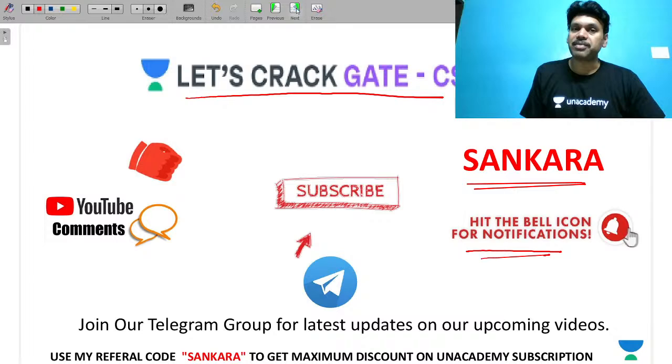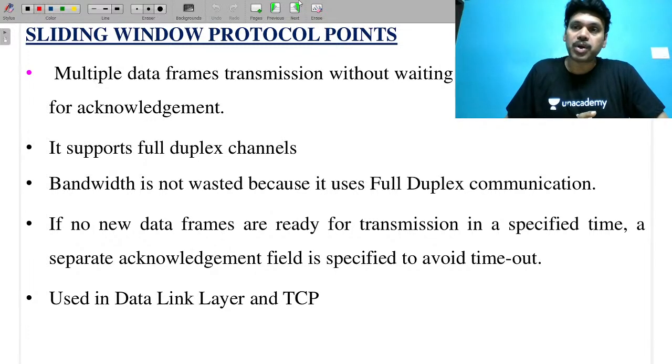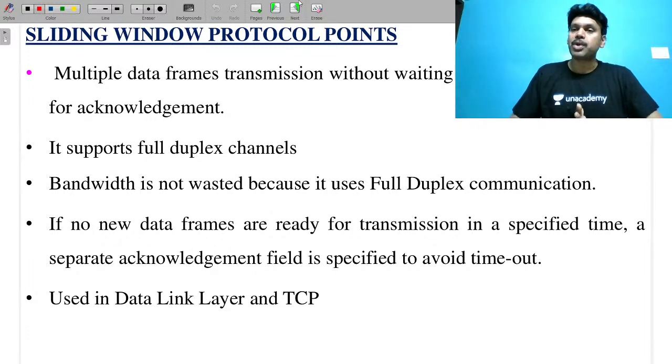Let us start, my dear friends, today's topic, that is nothing but the sliding window protocol. So why do we need a sliding window protocol? Why do we not stick with the stop and wait protocol, even though the two belong to the flow control protocols only? Why is sliding window more famous than the others? Because of two important points.